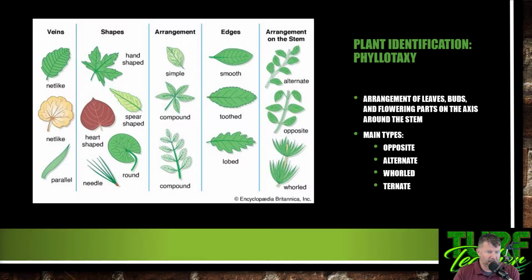Your shapes: hand-shaped, palmately, heart-shaped, spear-shaped, needle-like, and round. The arrangement: simple, compound, and two different compounds. Your edges, they're smooth, toothed, and lobed. Your margins. The arrangement on the stem, whether they're alternate or opposite. And basically with that, the actual